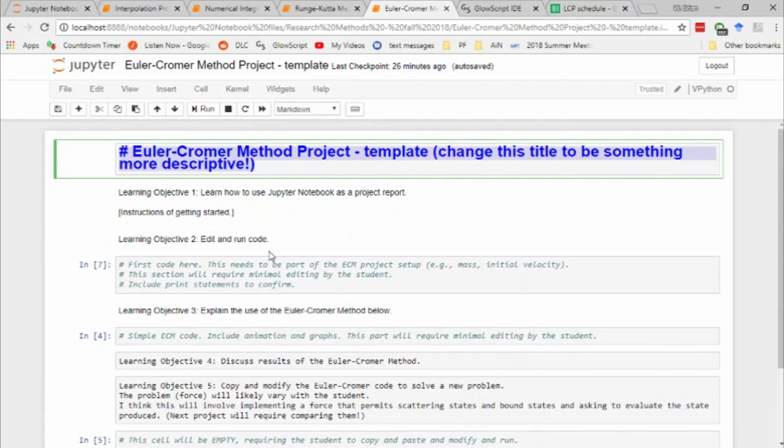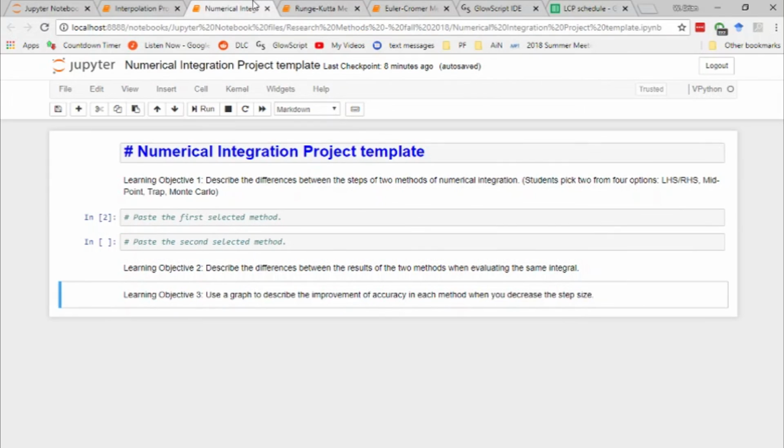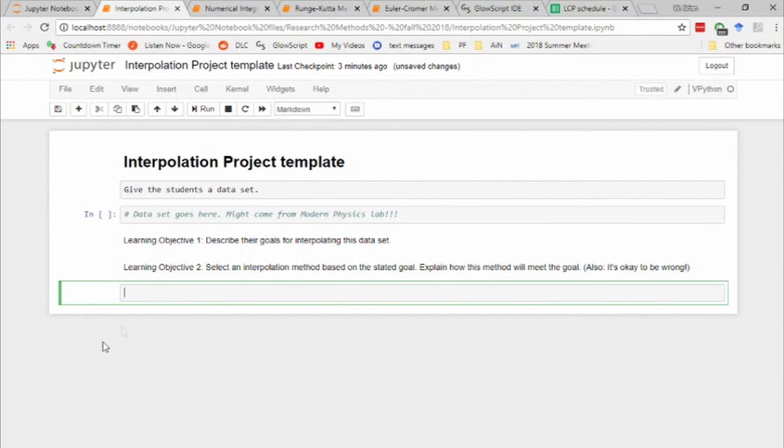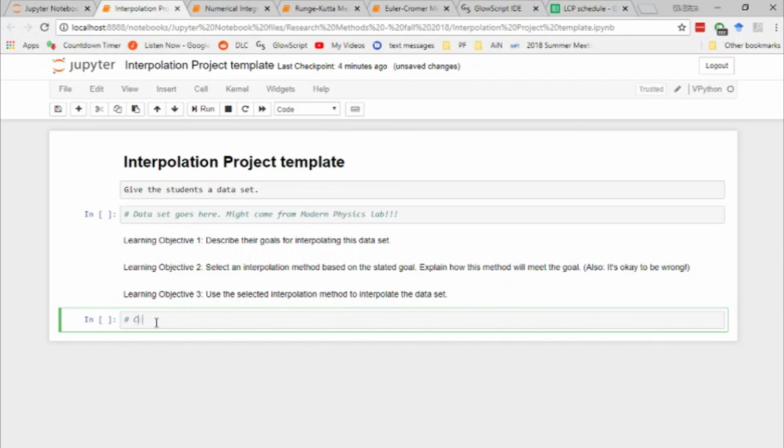Right here, it's code, write, code, write, code, write. Here, it's code, write, code. Here, it's more writing. Here, it's a lot of writing before we get to the code. I like this. I like where this is going. Learning objective 3. Use the selected interpolation method to interpolate the data set. And so then we tell the student, you need to copy and paste